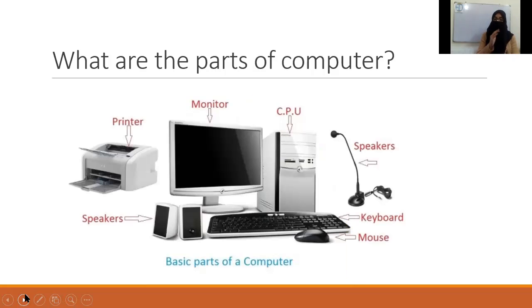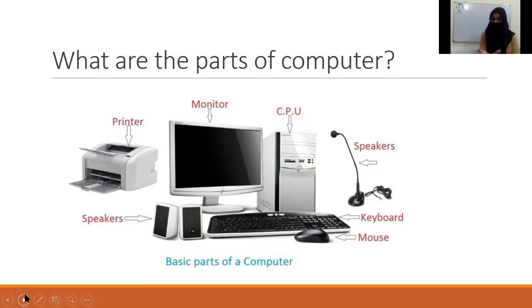In today's time there are a lot of parts of a computer, because with the passing time new technologies are being created on an everyday basis. So now we have a lot of devices, right? But these are some basic devices without which a computer cannot work. Let's say a monitor, or the screen which is used to display things, you cannot work without that. If there is no display, there is no computer.